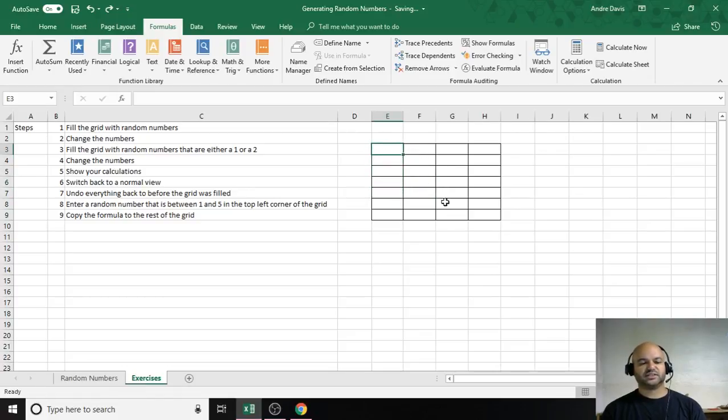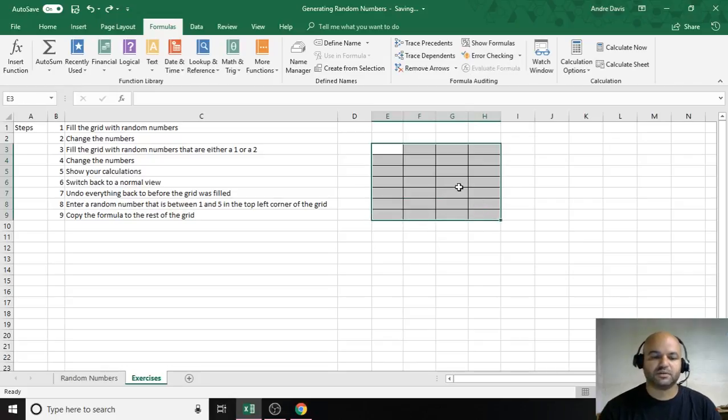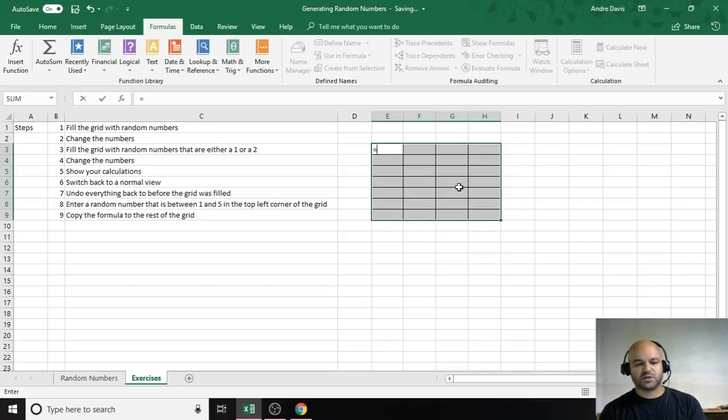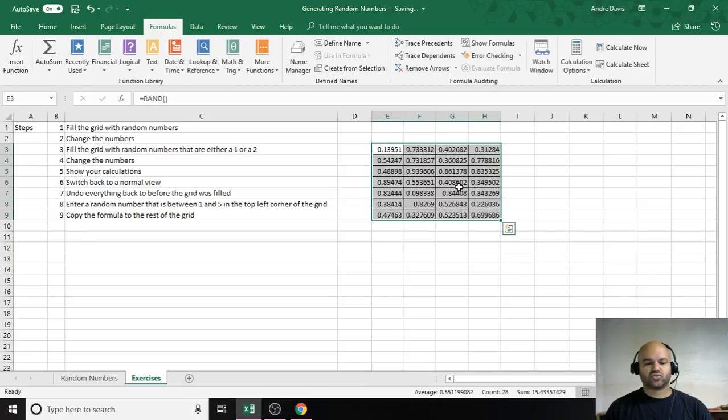Remember, Control Z undoes everything. So what you can do is, if you want to enter into a bunch of cells at the same time, you select all of what you want to enter into, and then you type in what you want to enter. In this case, we want RAND. And if I hold down the Control key and hit Enter,